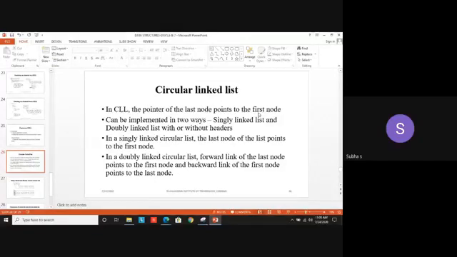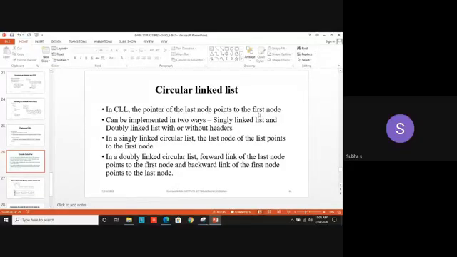This circular linked list can be implemented in 2 ways, either using singly linked list or using doubly linked list, and also with or without headers. Either using header or without using header, you can represent the circular linked list. In a singly linked circular list, the last node will point to the first node. Same thing for doubly linked list, but we have 2 pointers. So the forward link of the last node is pointing to whom?